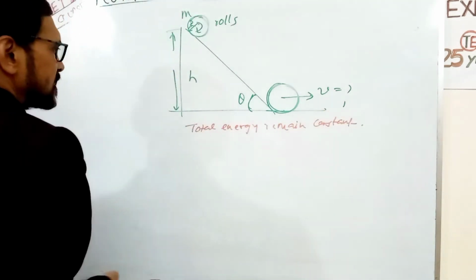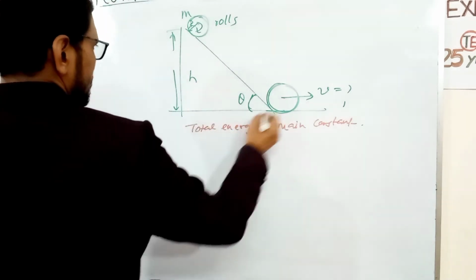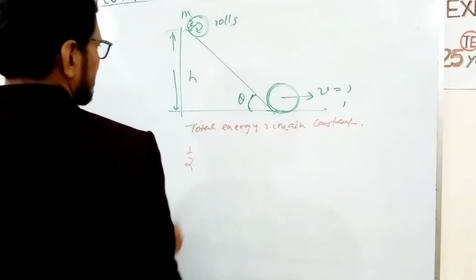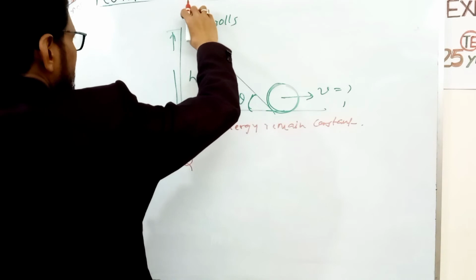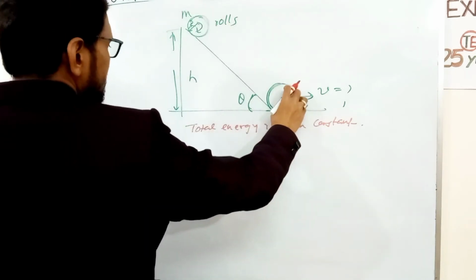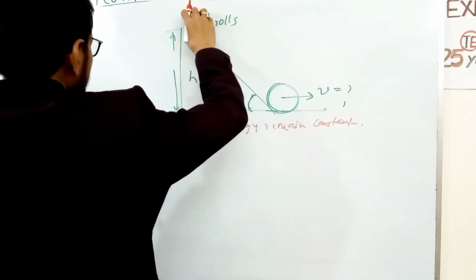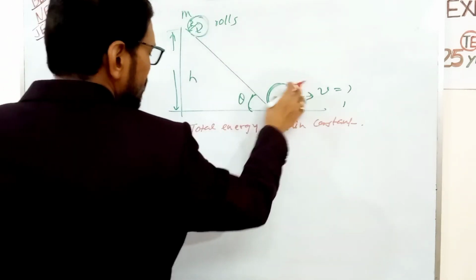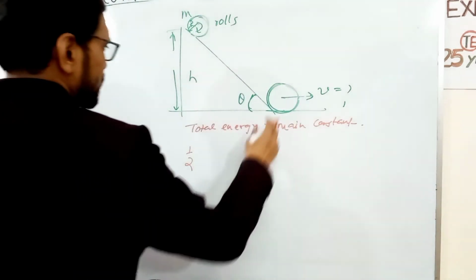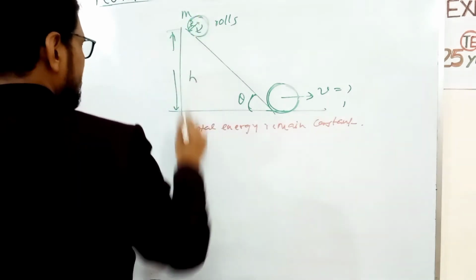Total energy remains constant. So here, total potential energy is converted to kinetic energy. Here the potential energy is 0. So potential energy at this position is